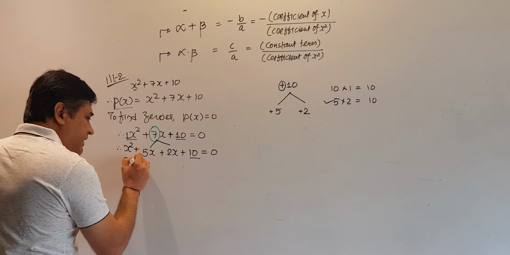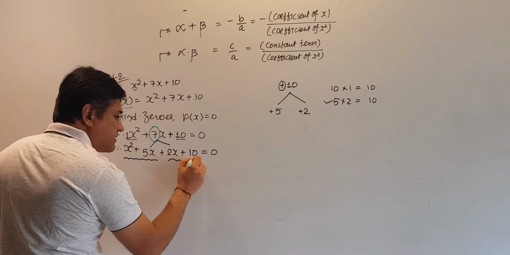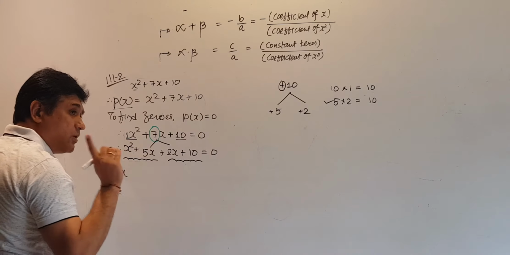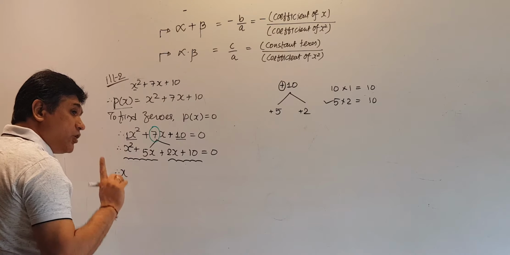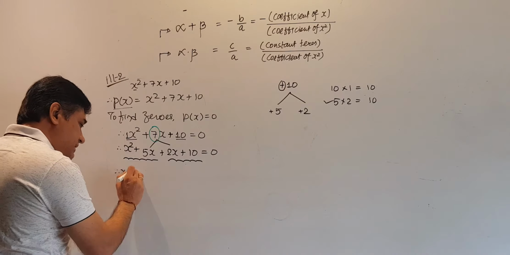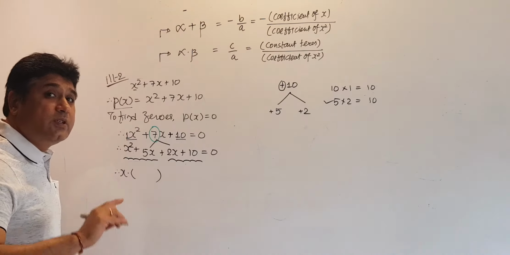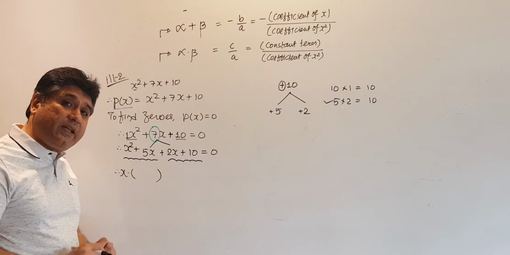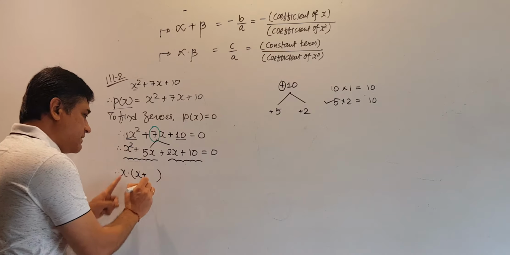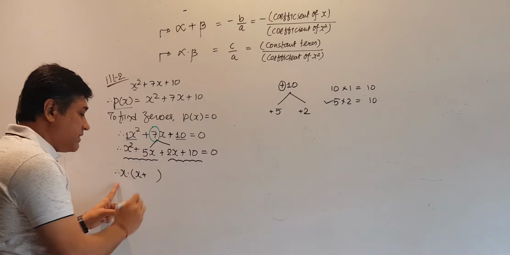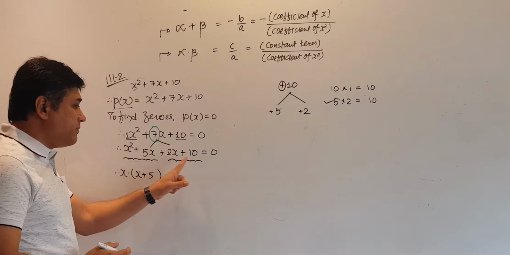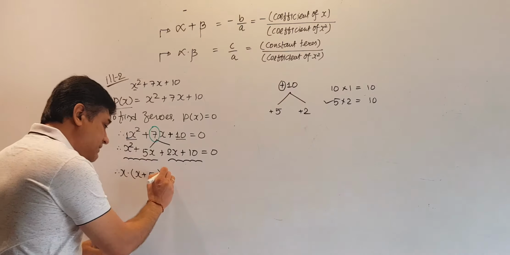Now friends, we will make the pair of two terms. So in first pair, what is common? X square and 5x. X is common. Once again, when we get anything common, the relationship would be multiplication, and in bracket you have to put the things which are left in the pair. So in x square, x is common. What is left? X. Then plus 5x, x is common. What is left? 5. So pair 1 is over. Now pair 1 and pair 2 are connected with which sign? Plus. So continue the sign.